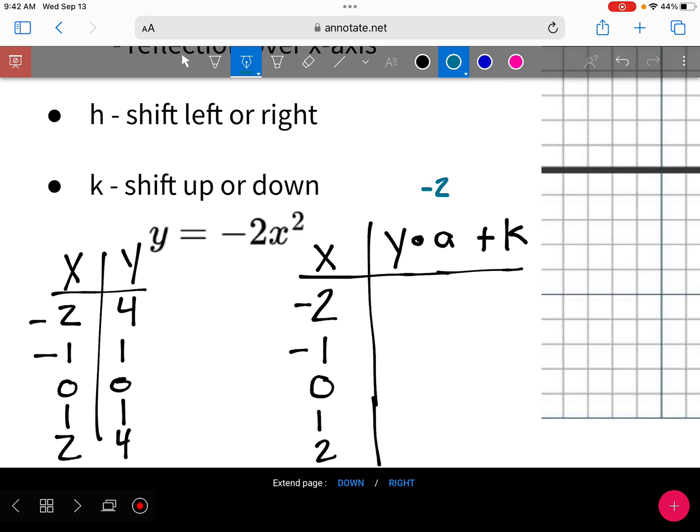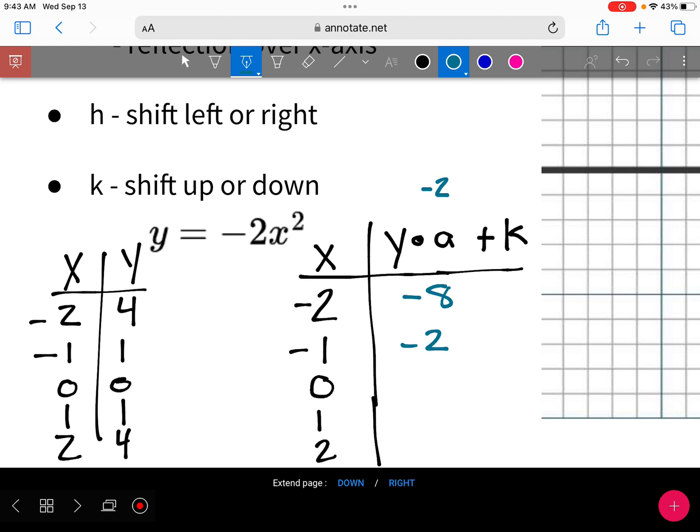So we're going to take 4, my y value from over here, times the negative 2. What is 4 times negative 2? Negative 8. What is 1 times negative 2? Negative 2. No, positive 1. It's our x's from this column, just plopped over here. Now I'm taking the y's